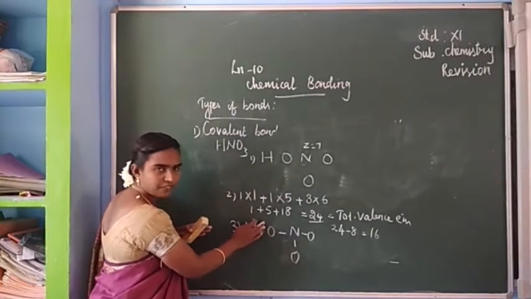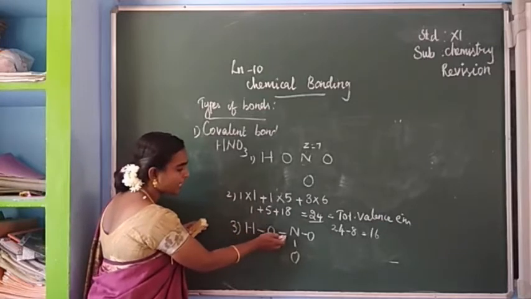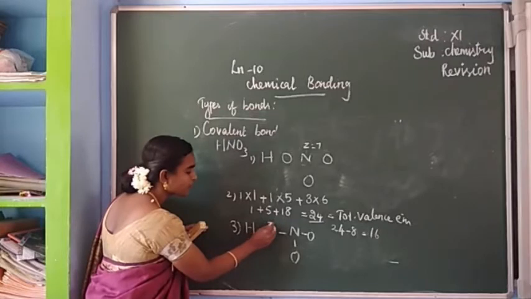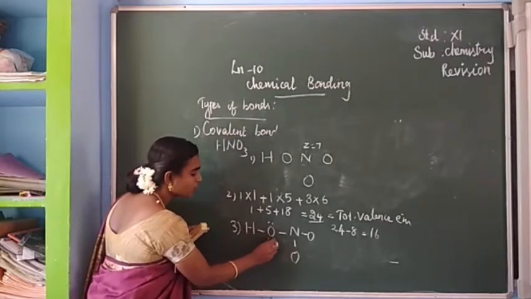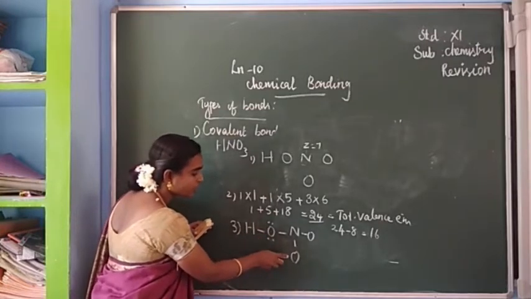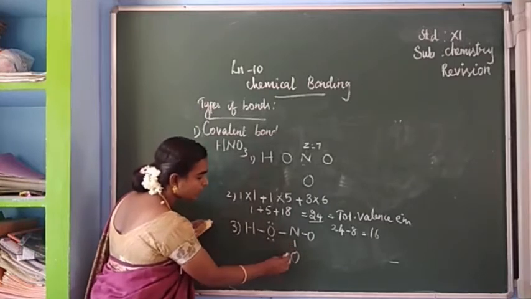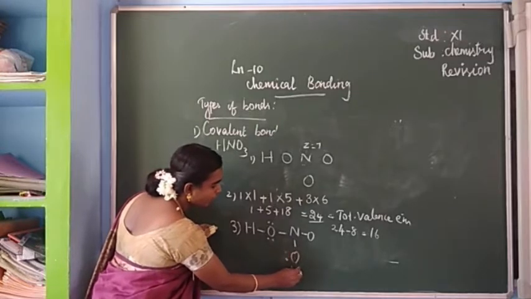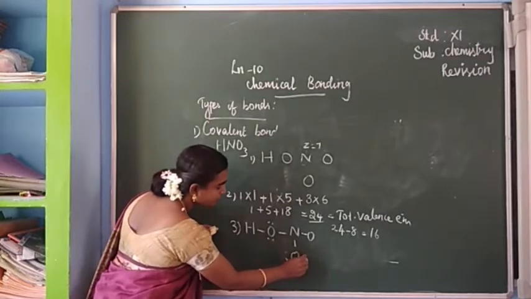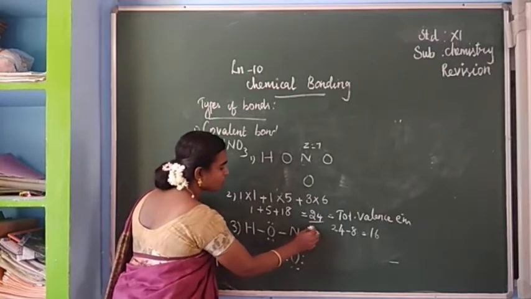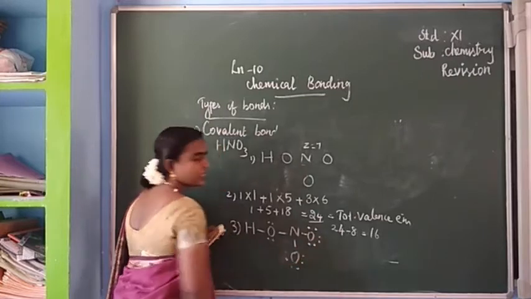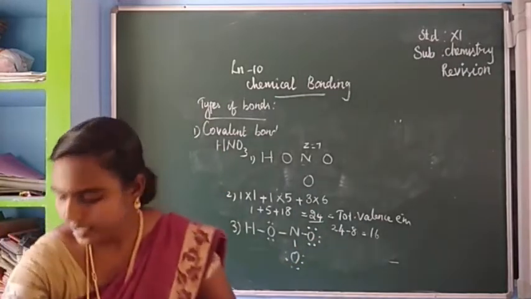This 16 electrons we have to give to the oxygen atoms. So we can start from this oxygen atom. It already has 2, 4. It needs 4 more, so totally 8. Then for this oxygen, 2 is already there. So here 1, 2, 3, 4, 6. And here also. Is it clear?